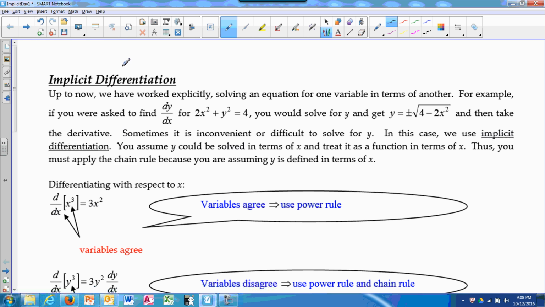Okay, so we just finished the chain rule, which told us that when we have a composite of functions, we take the derivative of the outside times the derivative of the inside. But what happens when we don't have y equals a function of x? What happens if we have an equation that's actually an ellipse for this particular situation, centered at the origin,